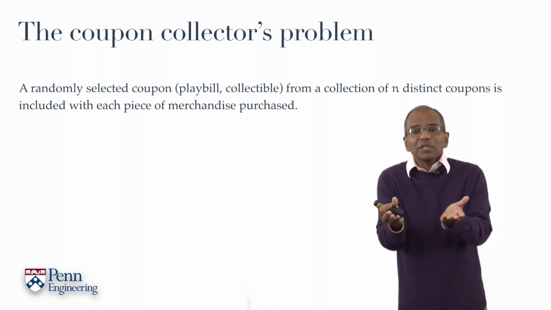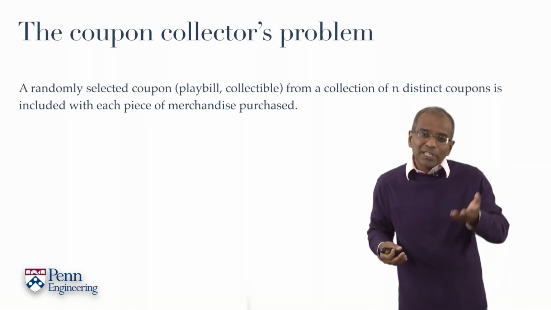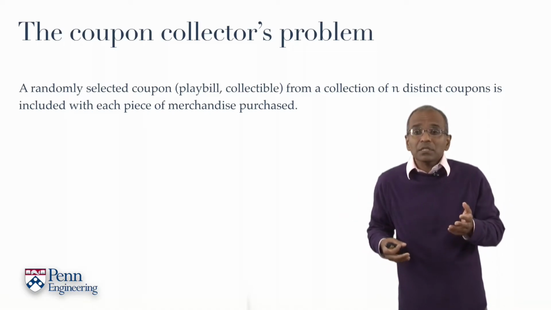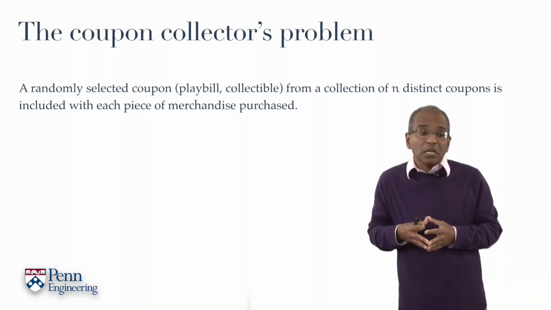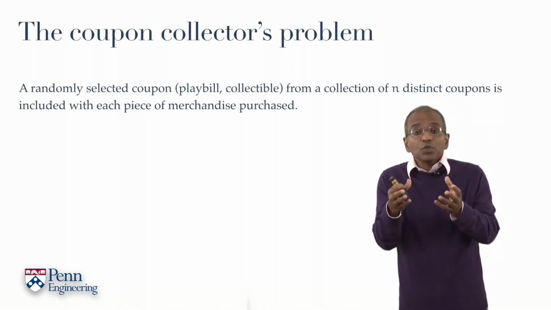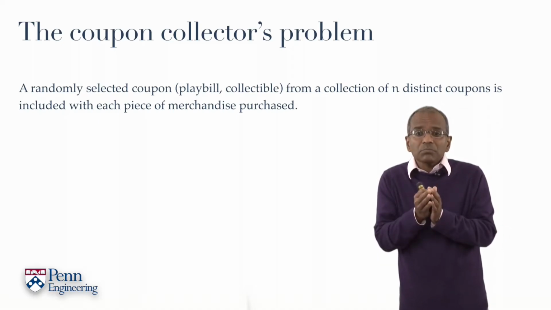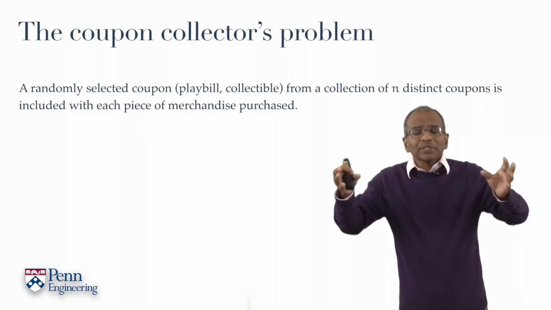Imagine that instead of these playbills, we have N coupons, N collectibles. Of course, these could be the Gilbert and Sullivan playbills, but you could replace them by anything else that strikes your fancy. G.I. Joe figurines, baseball cards, cricket cards, images of soccer players, football players, what have you. You have N coupons, and